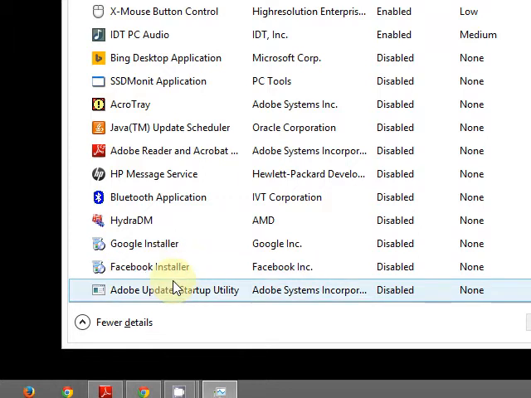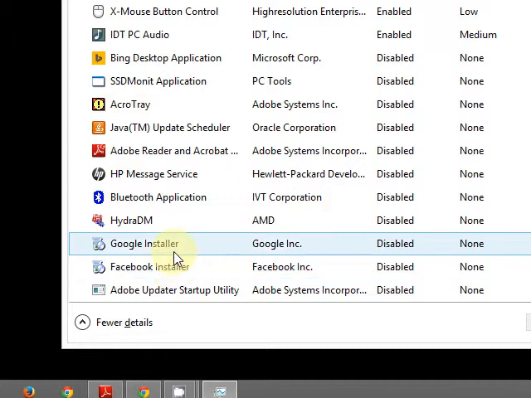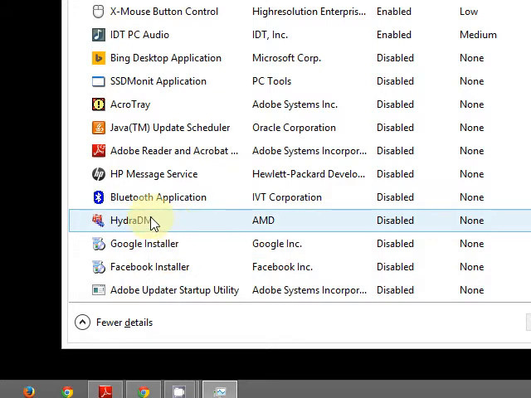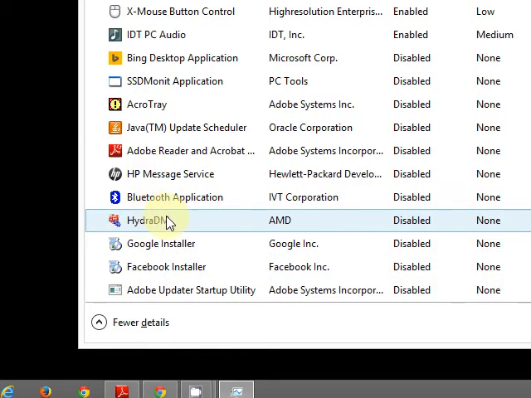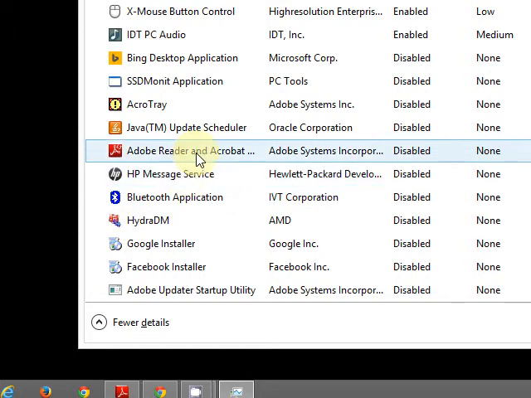Just turn this off. Facebook installer: if you have something like Facebook video calling software, this again will add to your startup. Again, disable. Google installer, again disable, it's just to promote Google items. You don't need that. This is something that comes with the graphics driver, but I don't need it, so I disabled it. Bluetooth application: I generally choose flight mode, that is, I don't turn on the wireless and other things, so this is disabled. Also, if you turn on flight mode, it will automatically be on, so you don't need this again. And these other Adobe things, you don't need them.